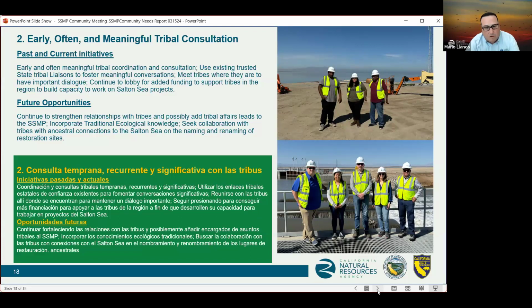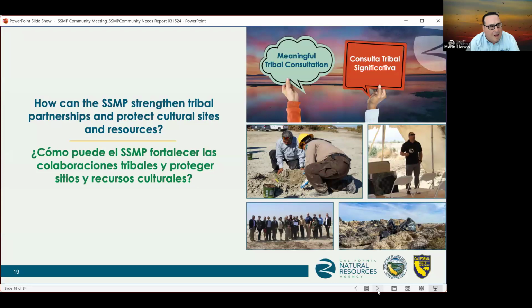We'd like to expand on tribal visits to SSMP restoration sites, and then continue to seek collaboration with tribes with ancestral connections to the Salton Sea on naming and renaming of restoration sites, just to name a few. Next slide. So how can the SSMP strengthen tribal partnerships and protect cultural sites and resources? Next slide.